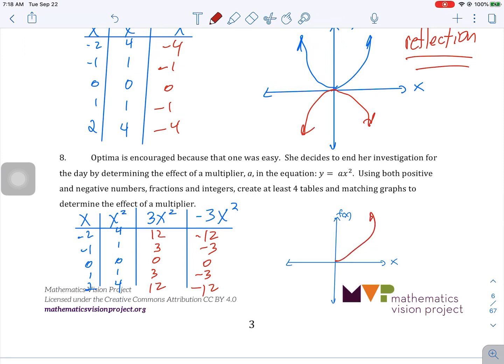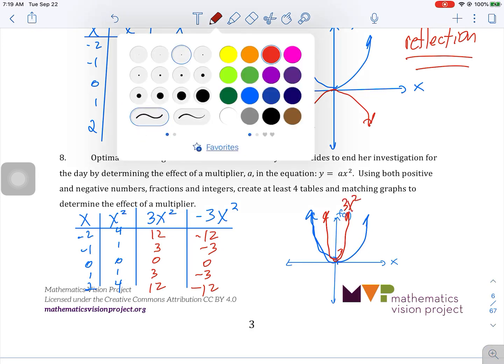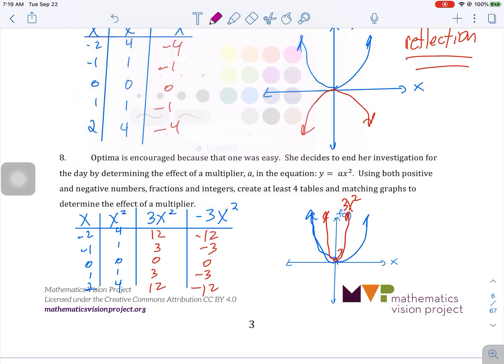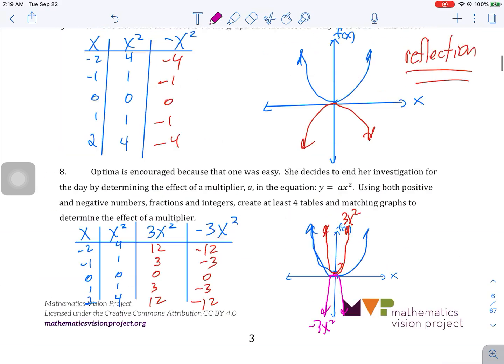If we start with our original, let me do it better than that. Do it with this so we can see it. Our original is x squared. Here's our parabola, something like that. What we're going to notice is the 3 is going to be steeper. That's the 3x squared. And then the negative 3x squared is here, and that's going to be steeper, and it's also going to be